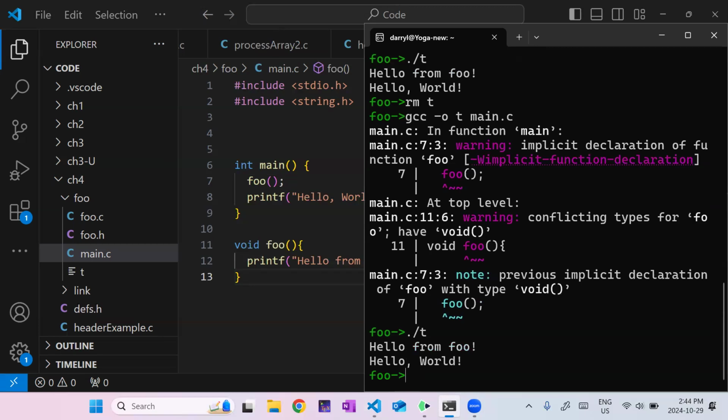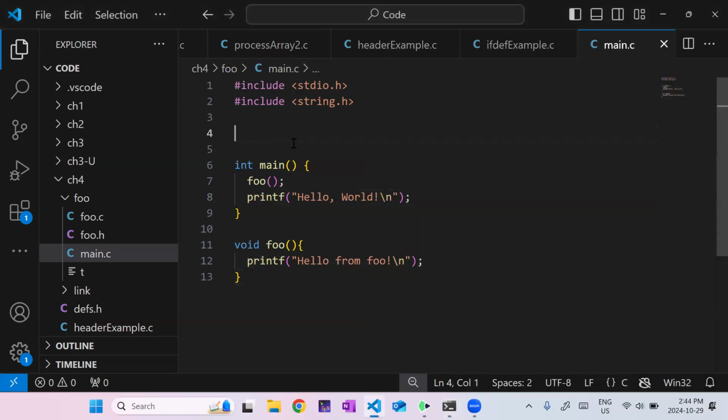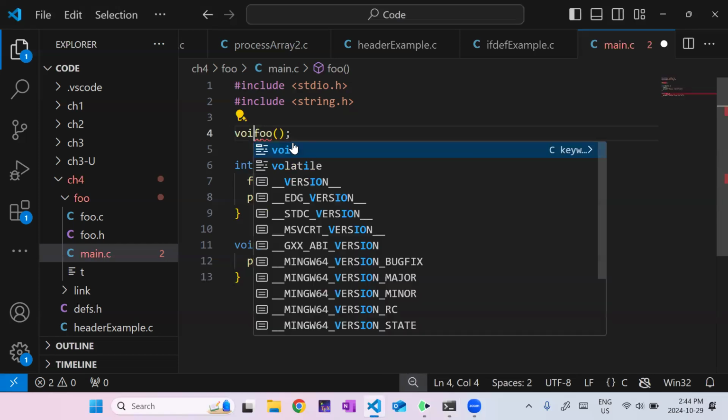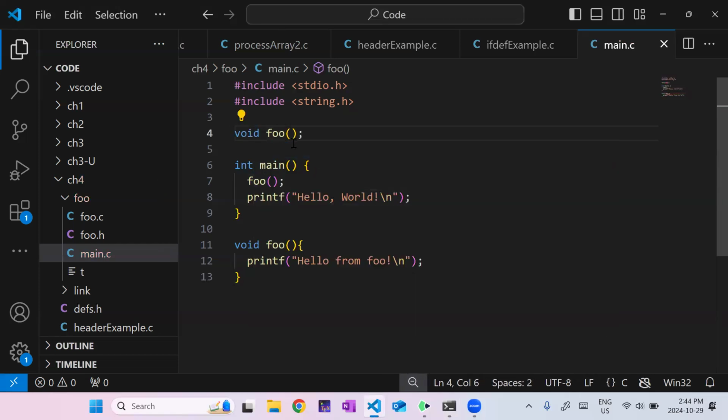So the compiler is a little bit smart about it, but there are situations where this can run into trouble. And so the problem is the compiler is dumb. And it's dumb kind of on purpose, but what it needs is it needs me to tell it that, hey, there is a function called foo, because the compiler starts at the top and just reads straight down. And then when it gets to this main, it sees I call the function foo, but it's never seen foo before, right? Foo exists under here, but it hasn't gotten there yet, so it doesn't know what this function does, or even if I've used it correctly.